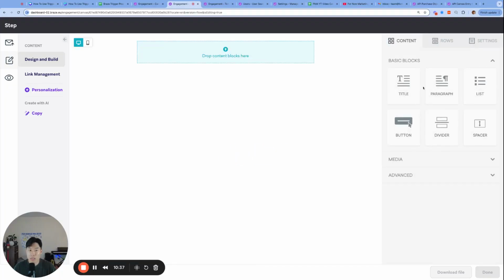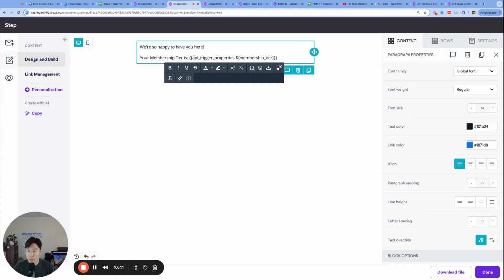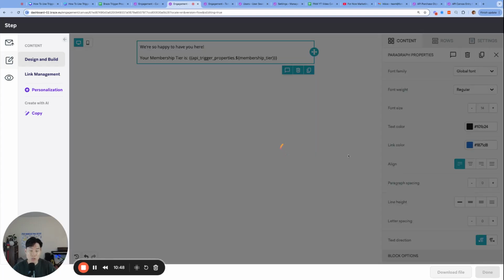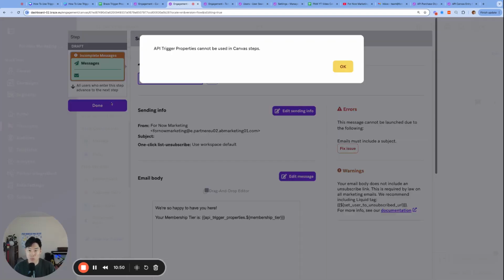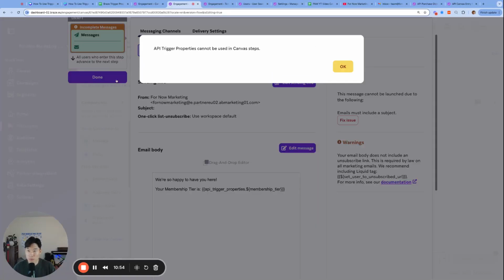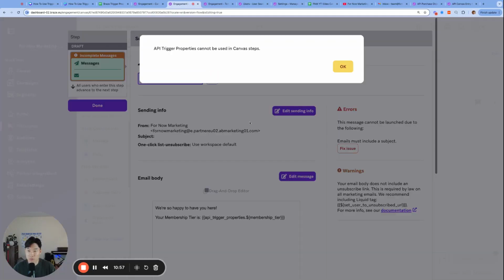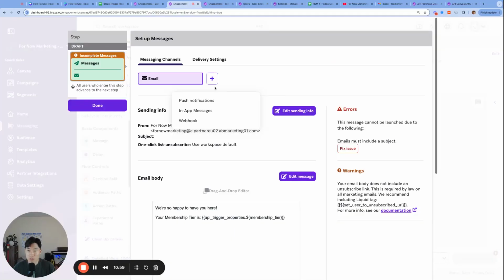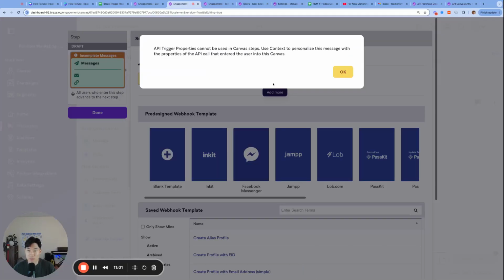Yeah, so like I was saying, canvases used to use the event property syntax as well. They no longer use event property syntax for trigger properties, but it is still relevant for canvases in some ways, which we won't go over. Oh, now Braze is giving me a bug. Sometimes if you press escape, or sometimes if you just add an extra step, then you should be able to